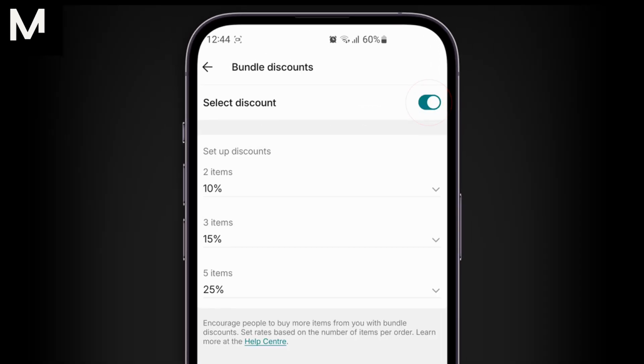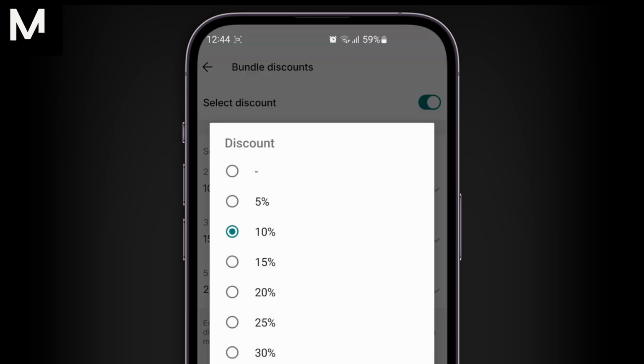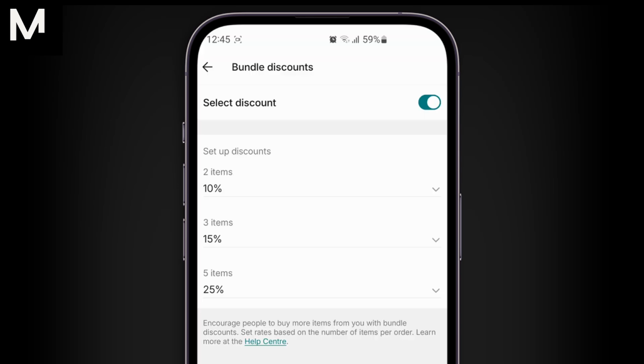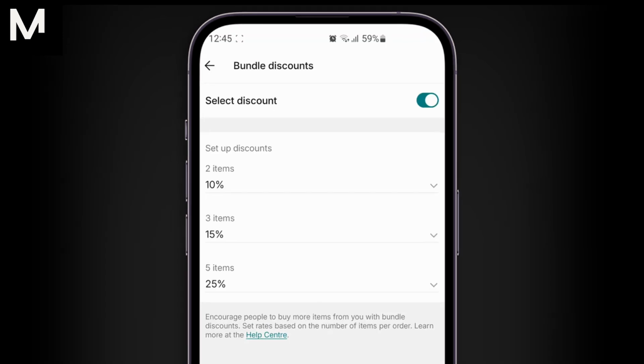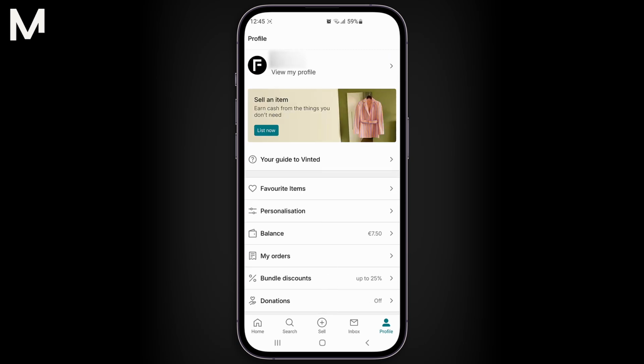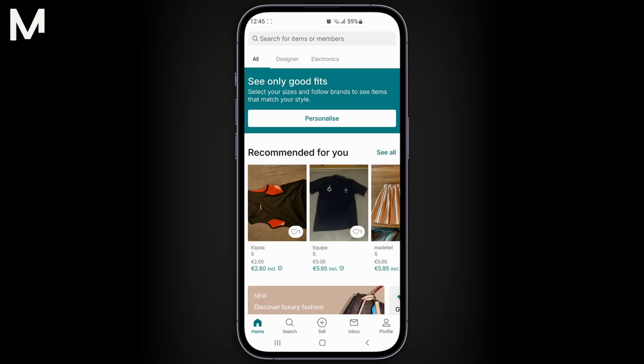and select the discount you want to apply, usually as a percentage off, for example, 10% or 20% off for buyers who purchase multiple items. Once you've selected your discount, save your settings, and the discount will automatically apply to eligible purchases when buyers add multiple items from your listings to their cart. And that's it. You now have a bundle discount set up, making it easier to attract buyers to purchase more